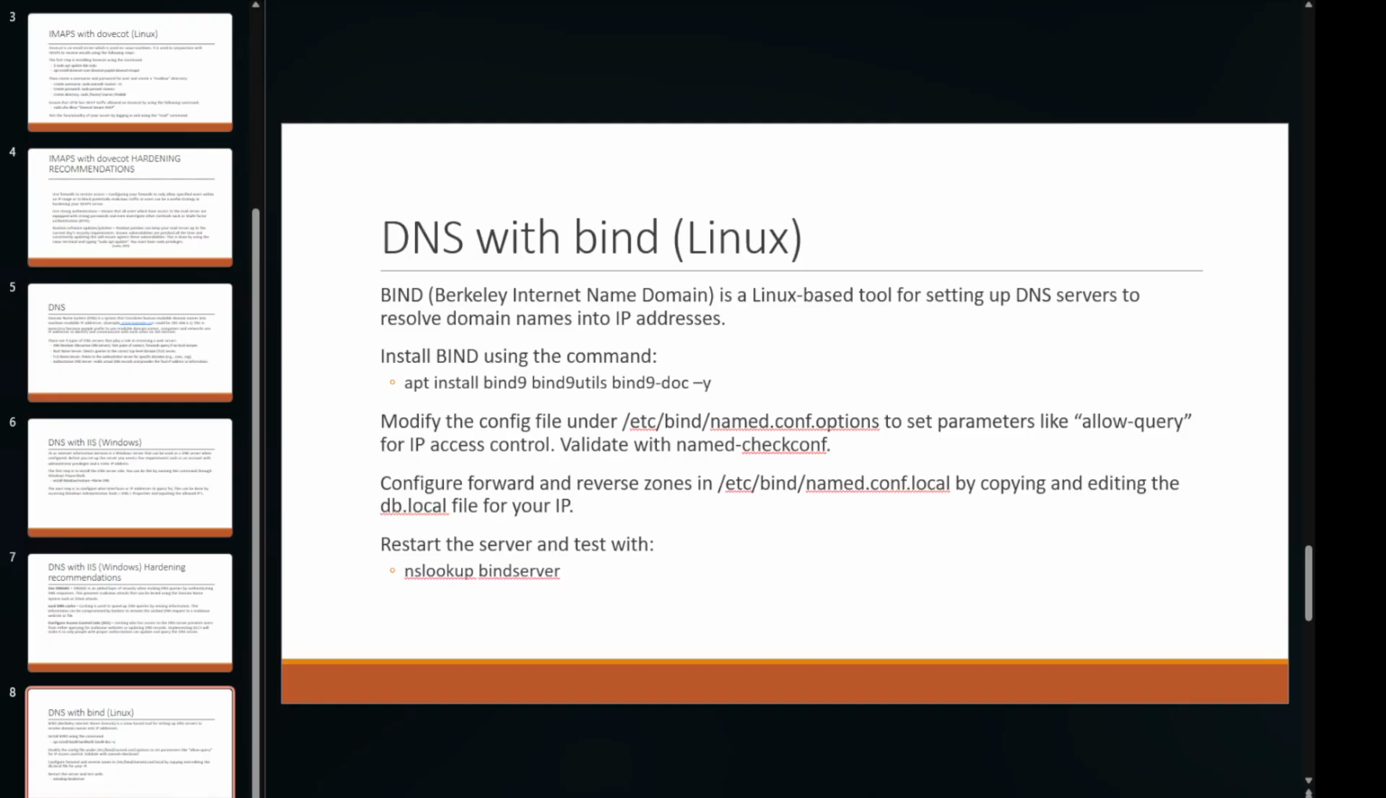Bind, which stands for Berkeley Internet Name Domain, is a Linux-based tool for setting up DNS servers to resolve domain names into IP addresses. Install bind using the command apt install bind9 bind9utils bind9-doc -y. Modify the config under this directory, /etc/bind,